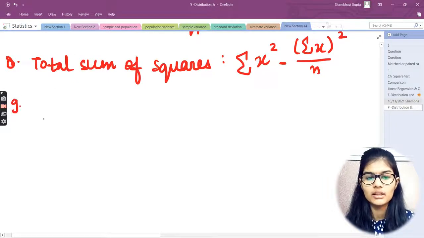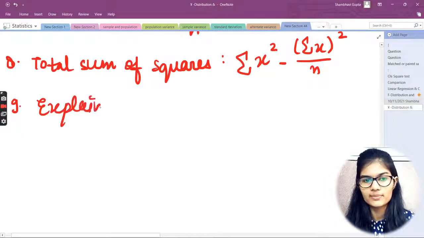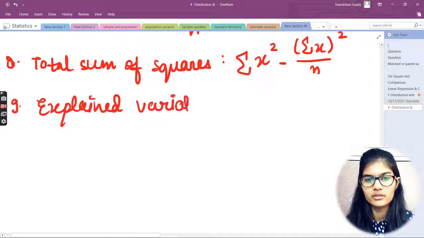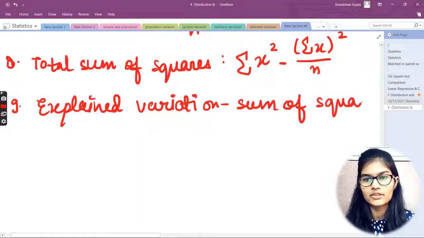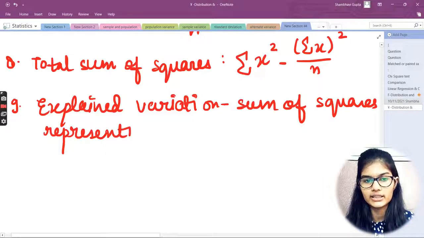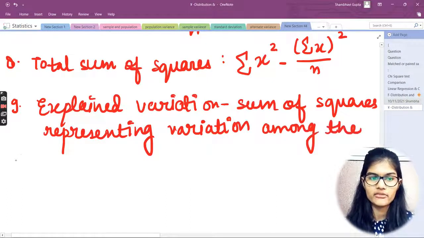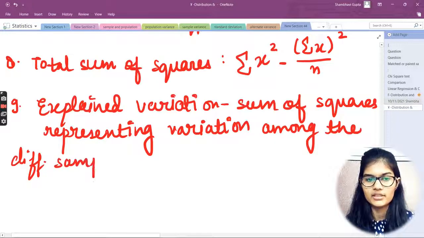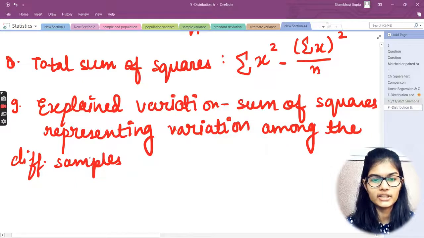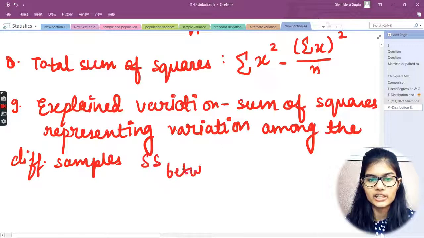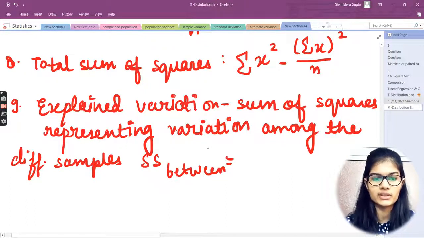Then we have the explained variation. Now that we have a sum of squares representing the variation among the different samples, that's completely the explained variation, and we could say that as SS between. SS between is equal to,